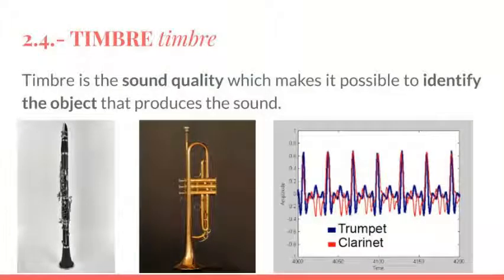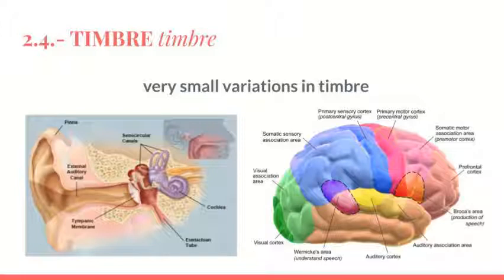2.4. Timbre. Timbre is the sound quality which makes it possible to identify the object that produces the sound. For example, we can distinguish a trumpet from a clarinet, even if they play the same sound with identical pitch, duration and intensity. The human ear and brain are able to hear and appreciate very small variations in timbre,